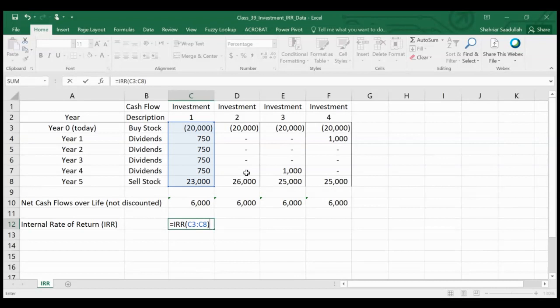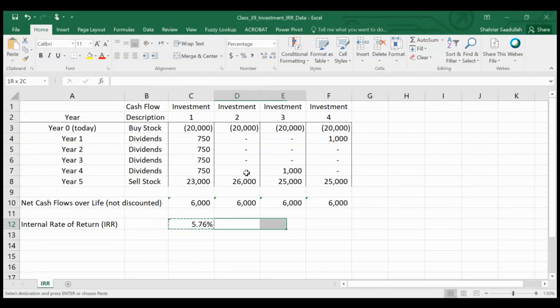So we have all the positive and negative amounts, and we get 5.76%. All right, so we have our internal rate of return is 5.76%, and we can copy this over to the other cells,